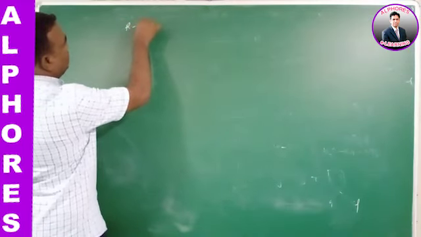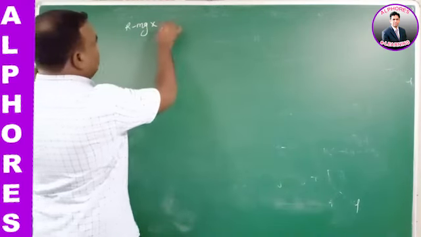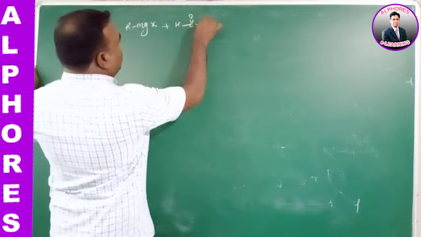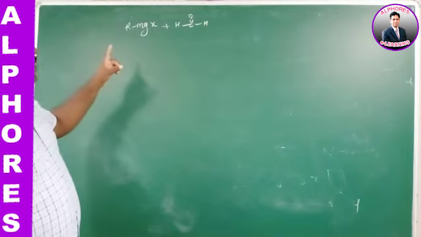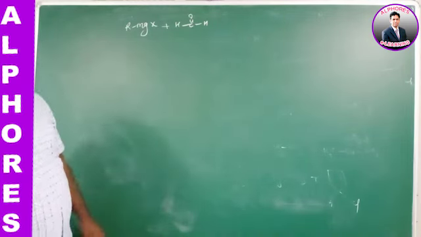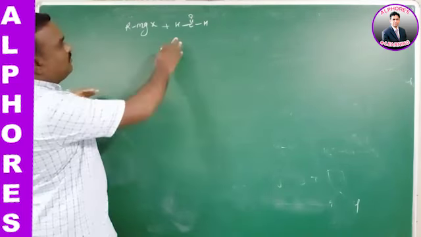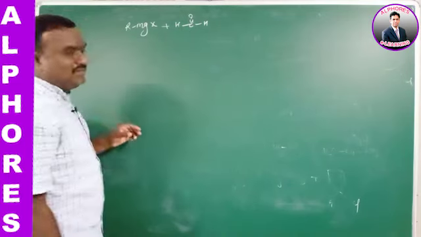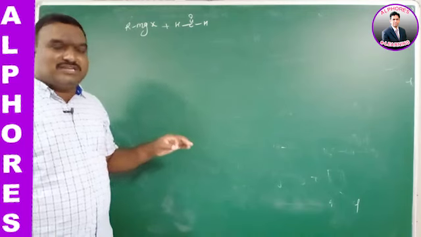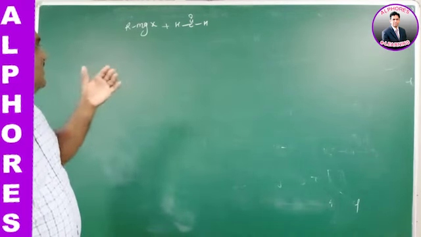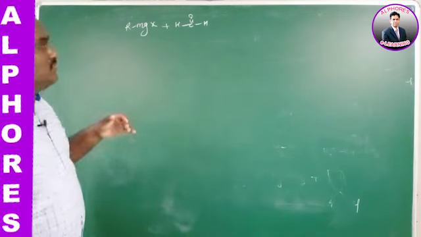Suppose RMgX is given, where X is chlorine, bromine, or iodine. Suppose formaldehyde is given, or aldehydes, ketones, and cyanide. The RMgX undergoes nucleophilic addition reactions. Based on the given reactant we can explain. The reactants carrying a C=O group, namely aldehydes, ketones, carboxylic acids, esters, and cyanides, undergo nucleophilic addition reactions in this case.